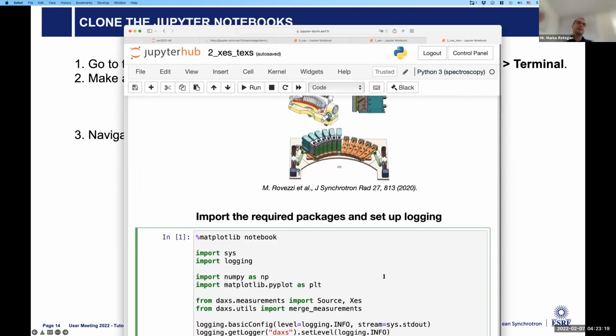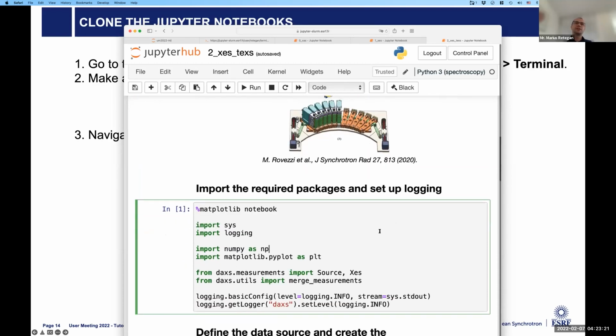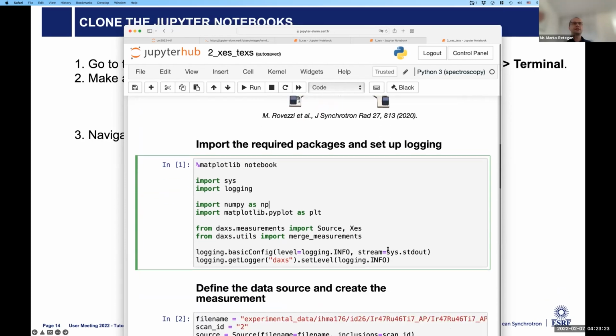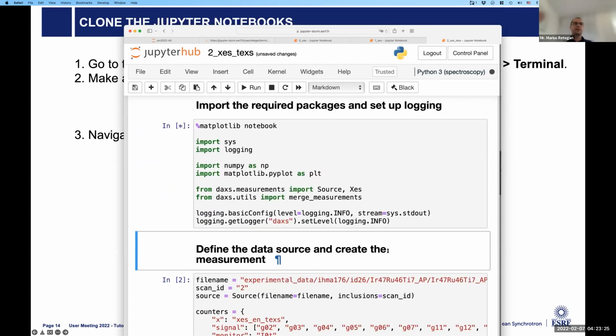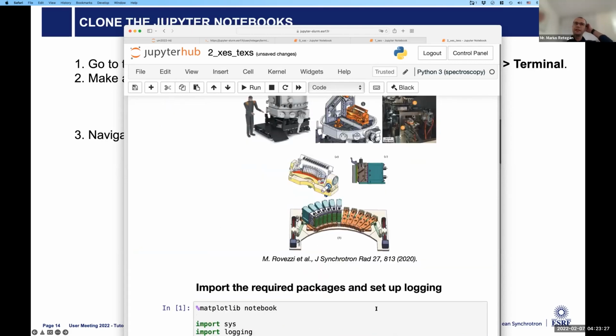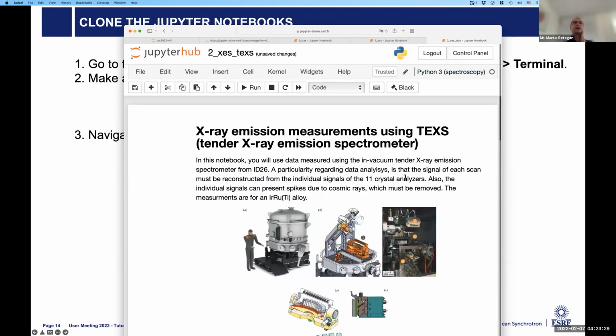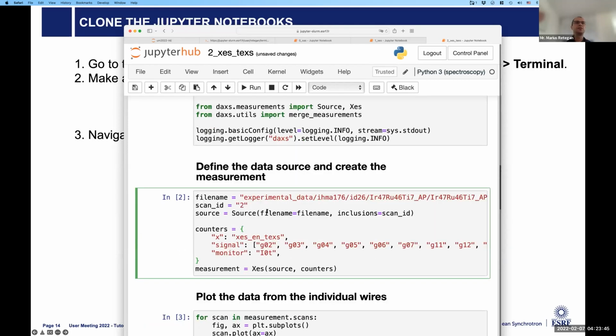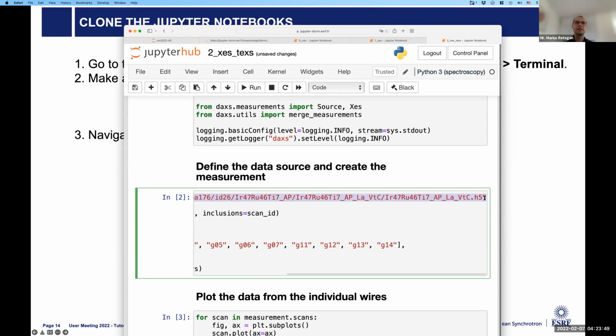Again, the analysis of the data from this type of experiment has some particularities, in that, as I said here, for each scan you need to build the signal from the individual data of each wire. So what I mean by that, let me just open the file so you can see more clearly exactly what. This one is